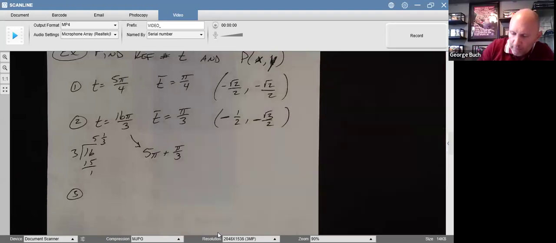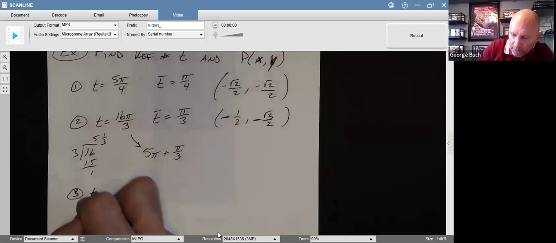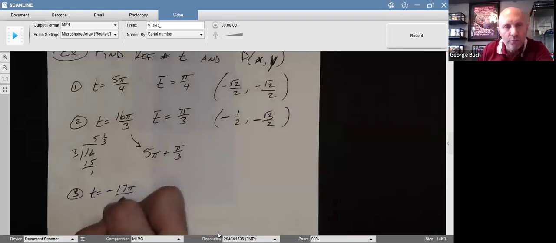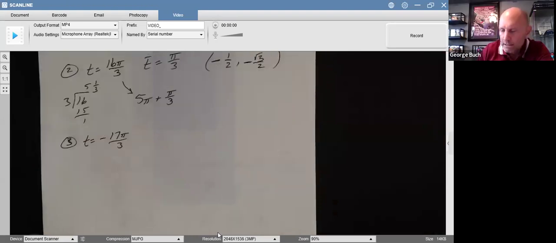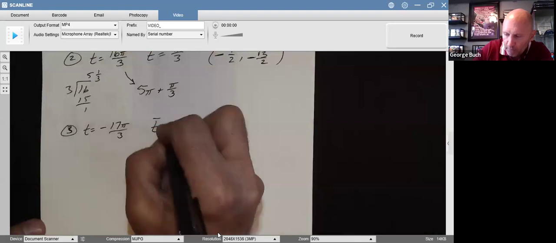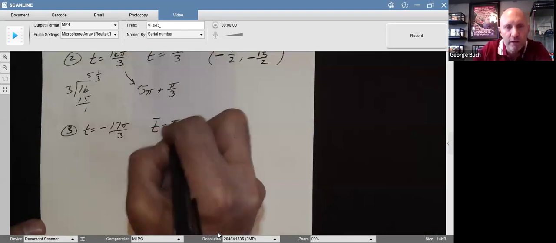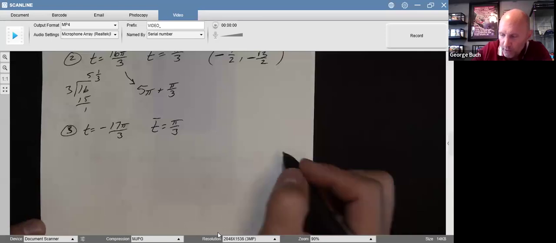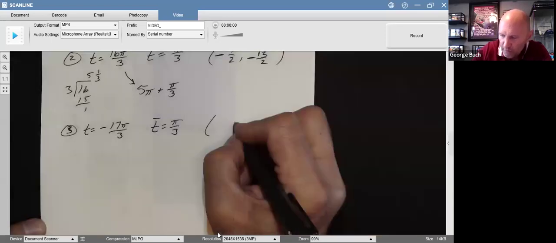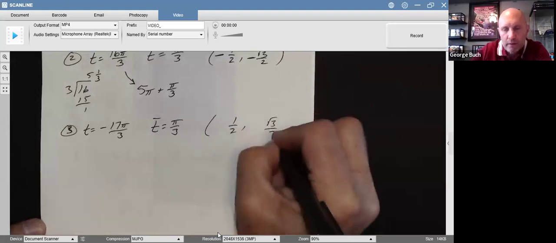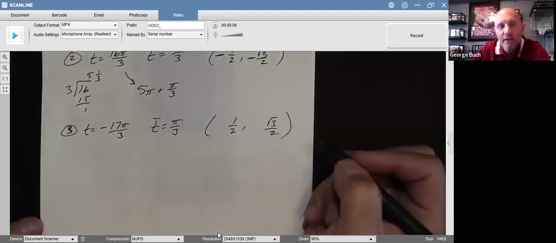So number 3, and this one is going to be tricky for a couple reasons. Negative 17 pi over 3. All right, well, t bar, no problem, pi over 3. I don't know why he told me this is tricky. It's not. That part is not. That should be pretty easy for you, which again means my values are going to be 1/2 and root 3 over 2. But now I have to figure out